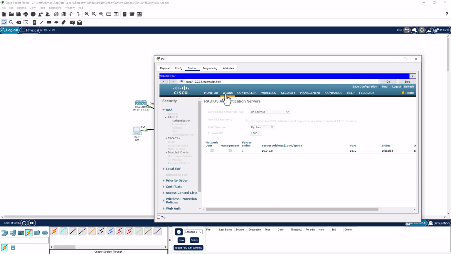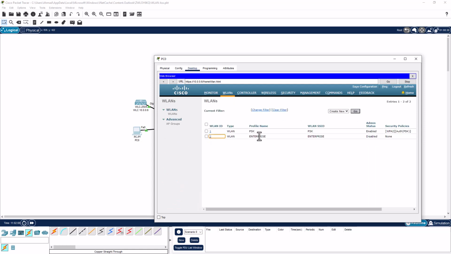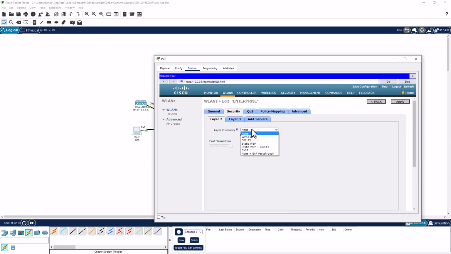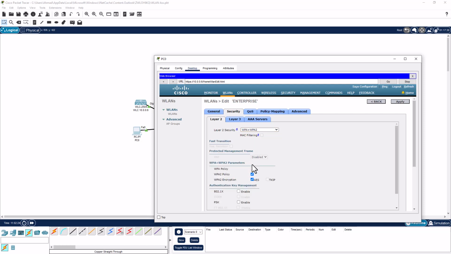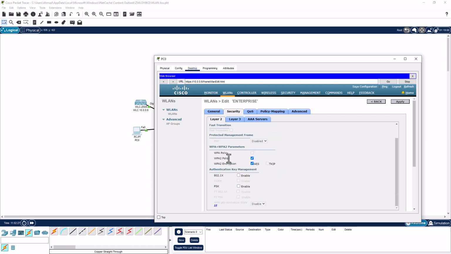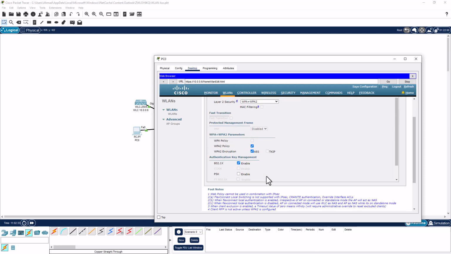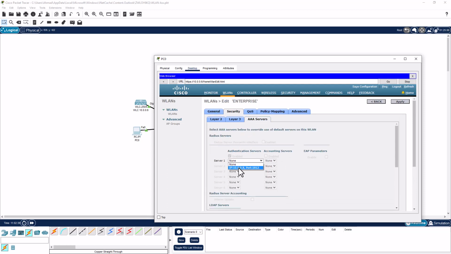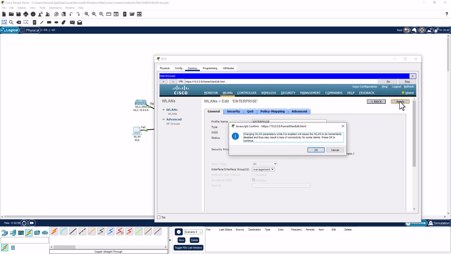Now back to my wireless LAN. This is the SSID, still disabled. I'll enable it. The interface or the VLAN is management. It is the only VLAN I have. For security, it will be WPA2. I will enable WPA2 for sure, because it is more secure than WPA. And I will enable 802.1x. Now, one more thing I need to configure, which is the AAA server. So the AAA server will be 10.0.0.8. Now the SSID is configured,